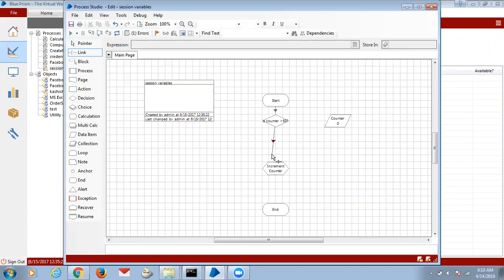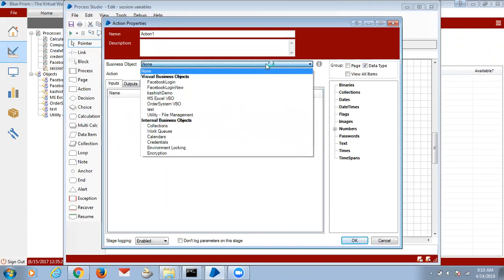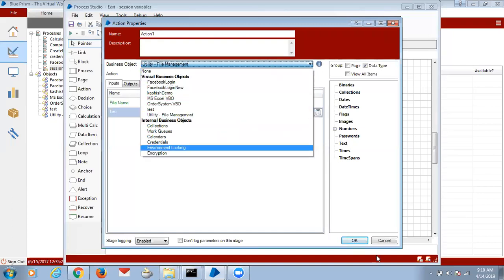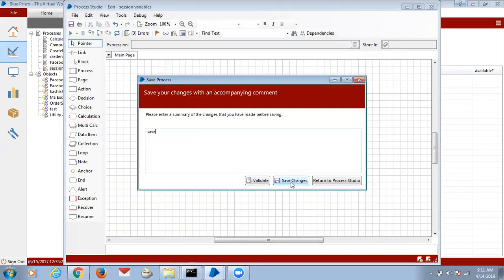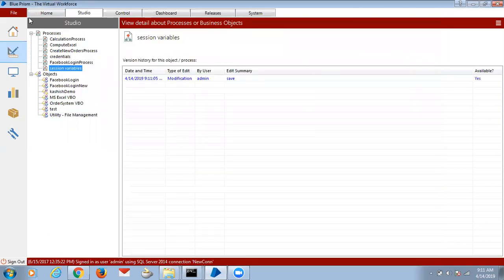If it is yes, then I will connect to the end. If not, I will sleep. So in process also we can use sleep. Sleep action means we can use the wait action. That is in the Utility General review. Utility General is not present by default, so we have to import it. So I'm importing the Utility General review.